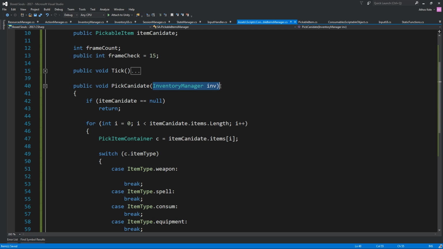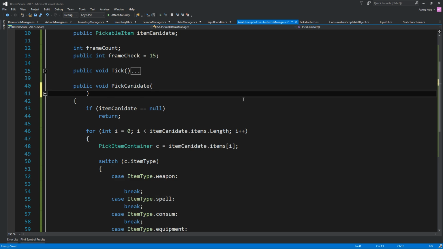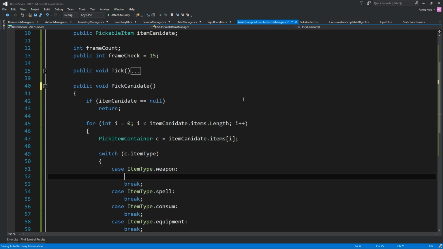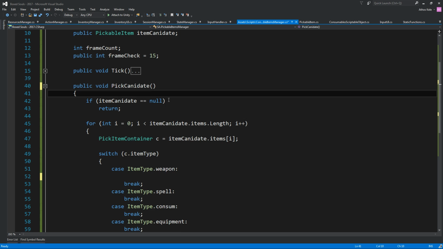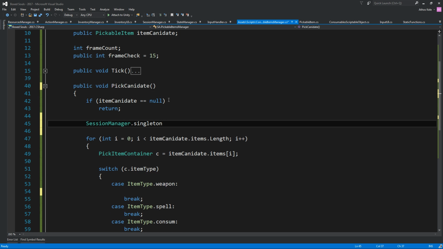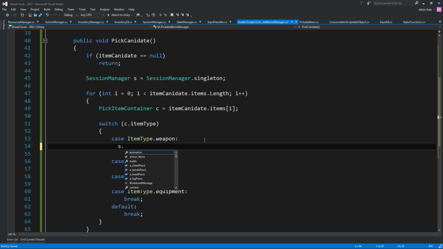We don't even need the inventory manager, since we keep everything in the season manager. Yeah, I guess it's not really that wise to use this for all of them, so we're going to do this season manager as season manager singleton, and then we're going to s